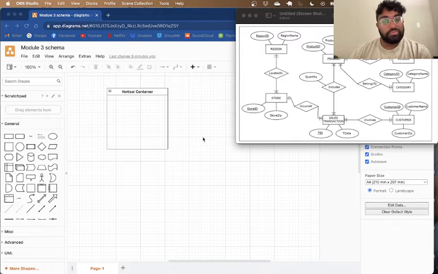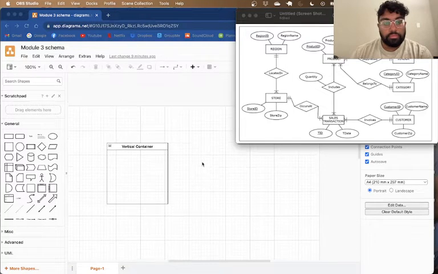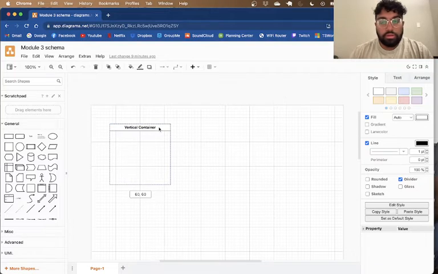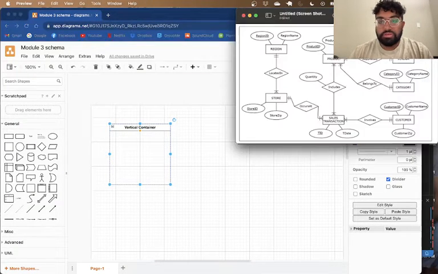Build a schema over this ER diagram. I will be using Draw.io. I am happy that you are able to follow along with me, and yeah, let's get it. Just making little minor adjustments. So, first things first, we'll